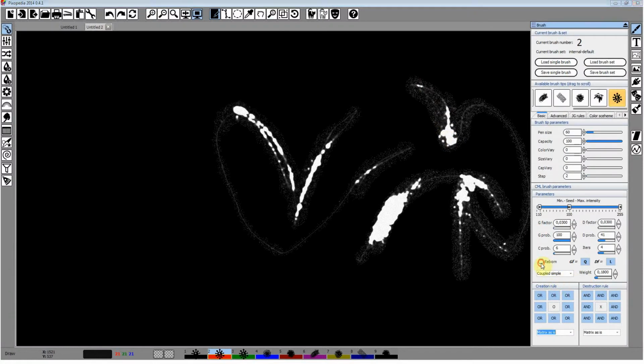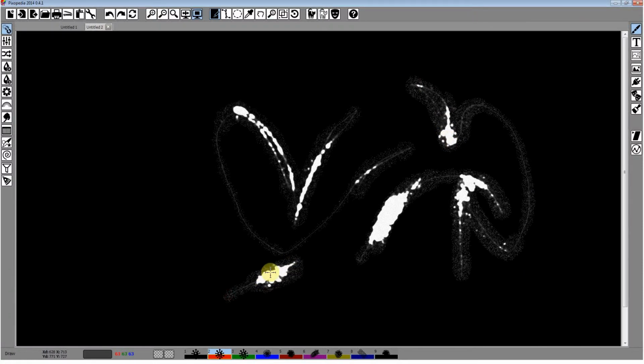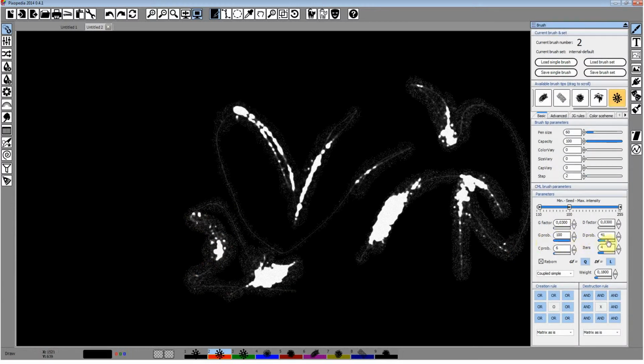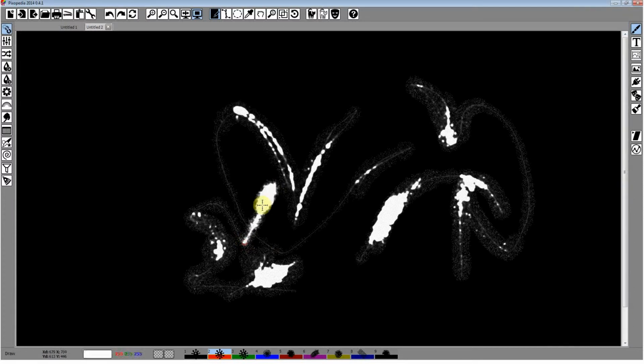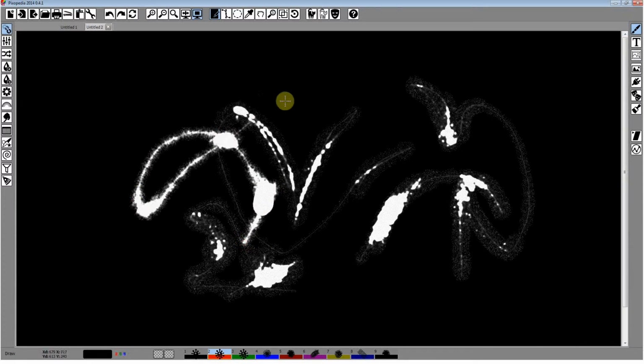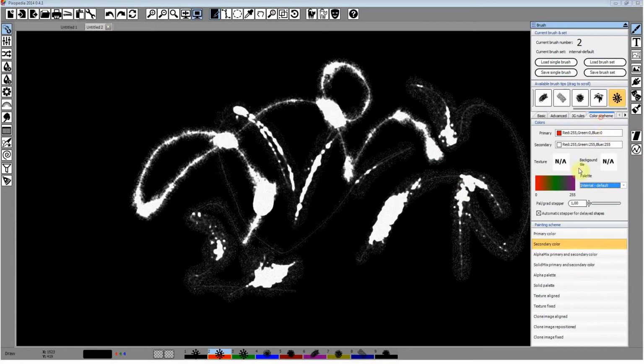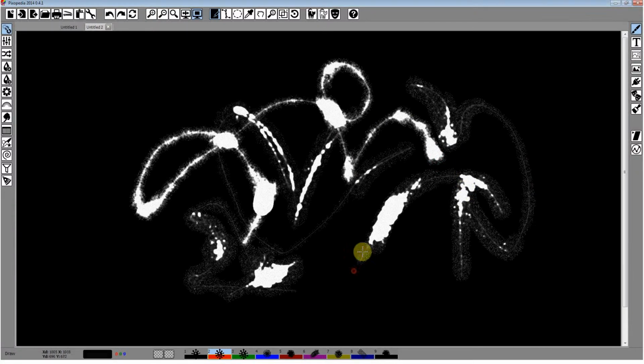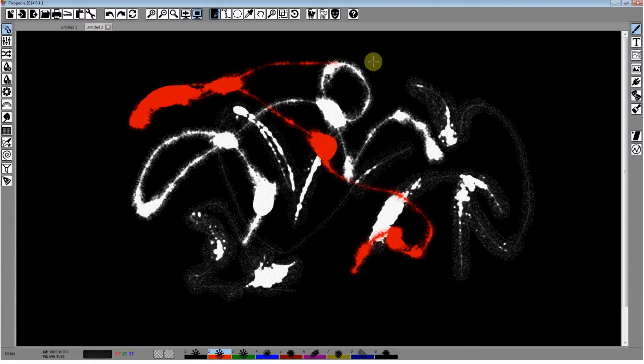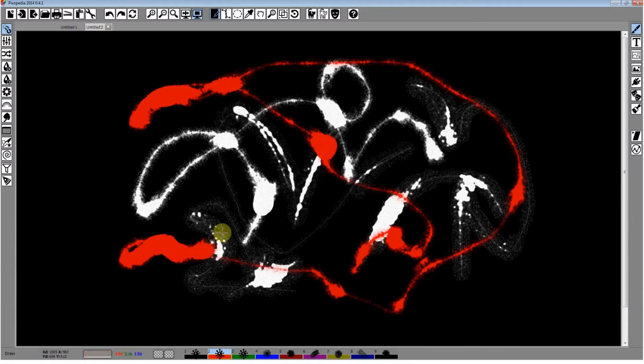You can of course change the color scheme and draw various types of brushes, emulating various painting techniques.